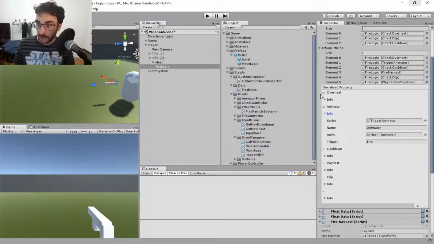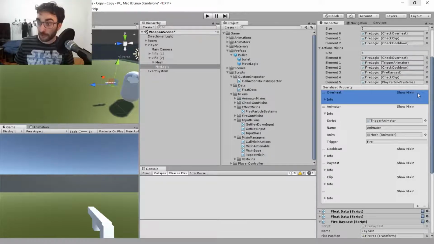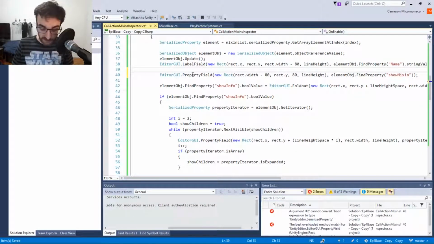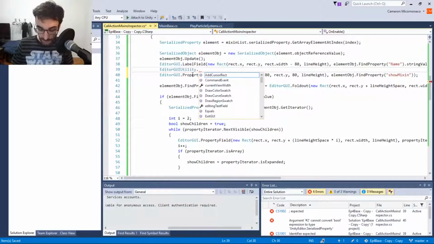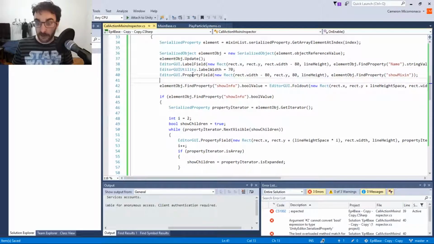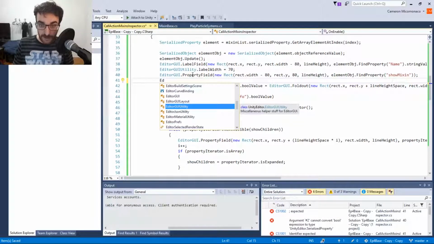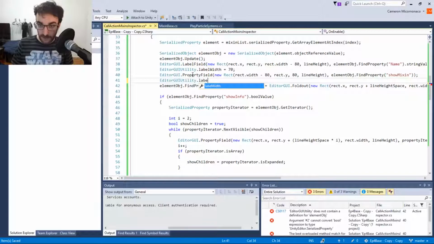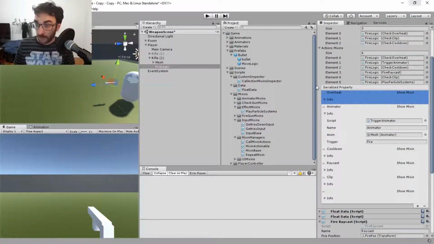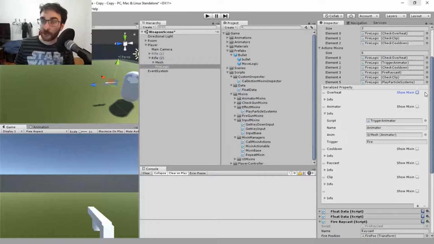So if we pop back, I know why the little toggle is popped off, because the label has its own width, that show mixin label, but we can override that. So if we go right above our property field here, we can just do EditorGUIUtility.labelWidth, and I'm going to set the label width to be 70 here, but then I don't want to override all of the label widths, so then I can go EditorGUIUtility.labelWidth equals 0, and when you set this to 0, it just sets it back to the defaults for all the different kinds of parameters in their labels. So yeah, that works good, and now I can turn show mixin on and off,